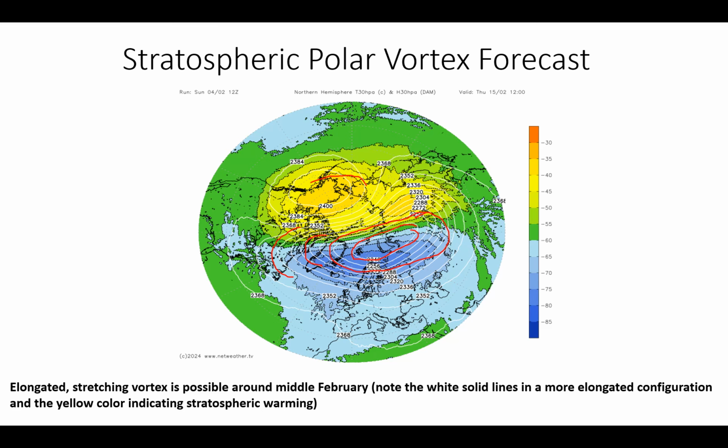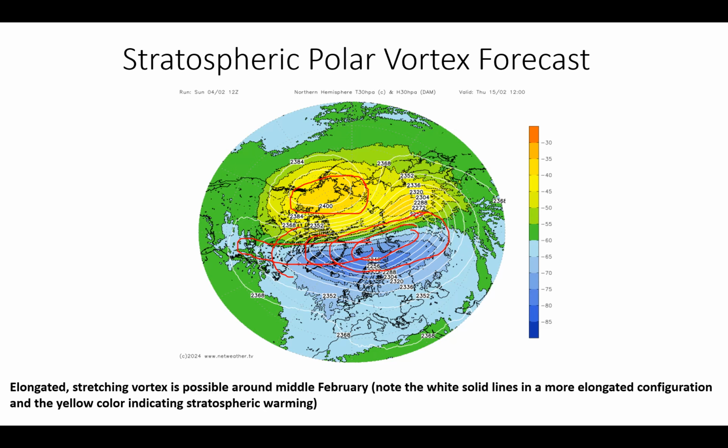And then you have these yellow colors here indicating stratospheric warming temperatures. So we have indications still, not much from my last video has changed with this, of an elongated, stretched out polar vortex around the middle of February. Okay, and what does that mean? Why do we care about this? Because that means the polar vortex is undergoing a weakening phase. A stretched out polar vortex generally tends to favor colder temperatures in eastern portions